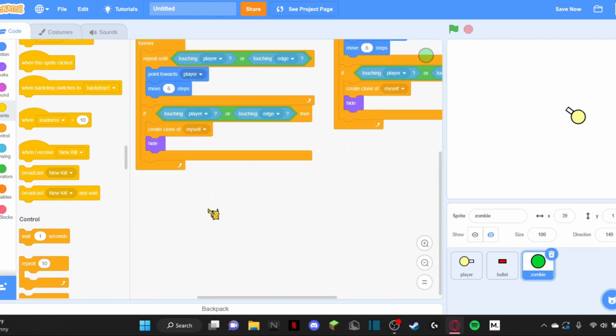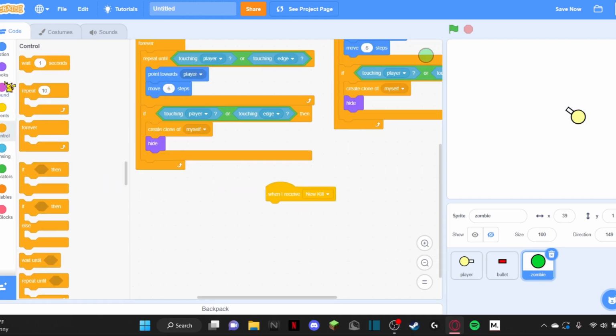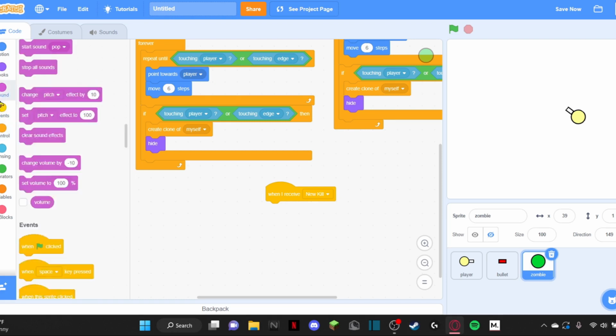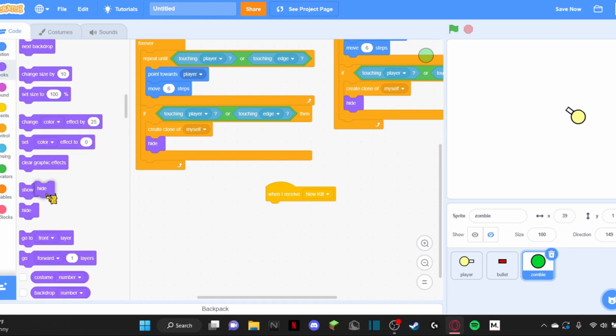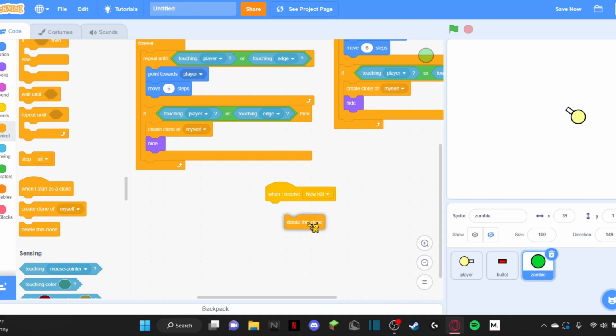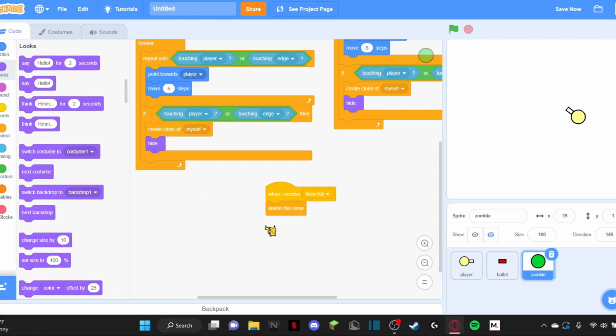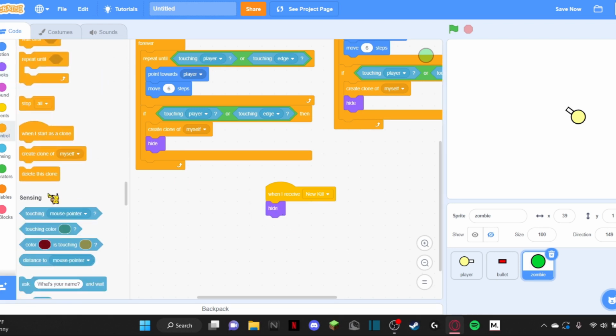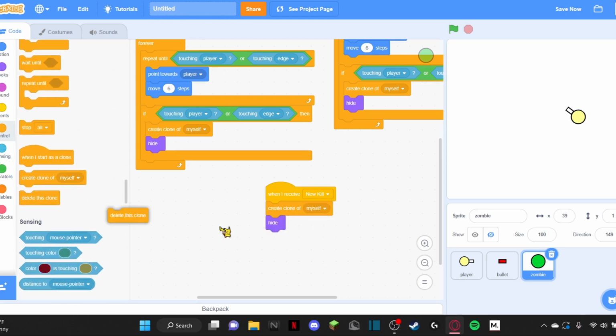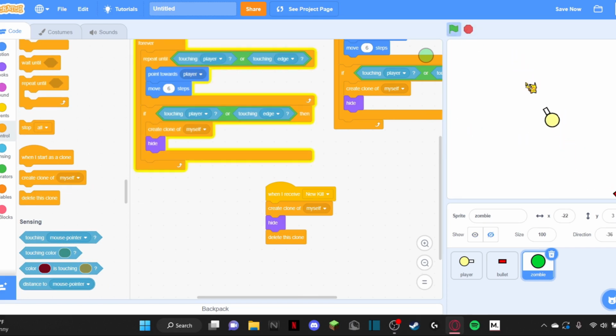And then for the zombie, when I receive new kill, we want it to, no, we don't want it to delete this clone. We want it to hide and then create a clone of itself, hide, and then if it's a clone, delete this clone. So now we got them, and now we have a little system where